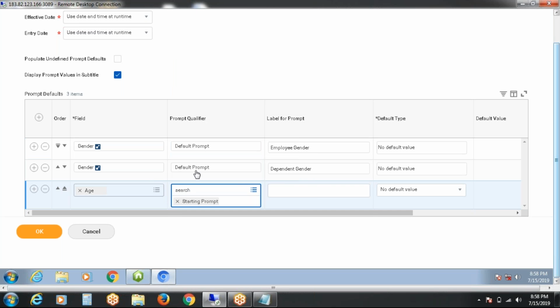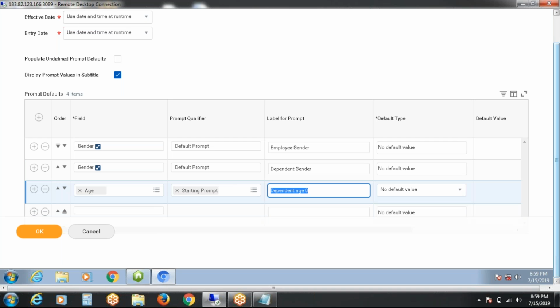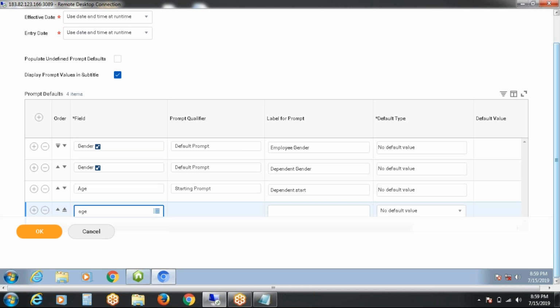Starting prompt is 0. It is dependent age 0. This is the label I am giving, dependent age start.